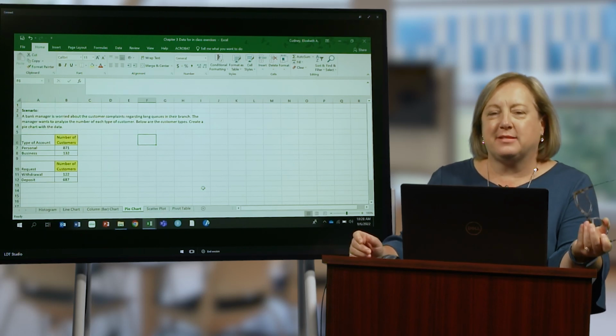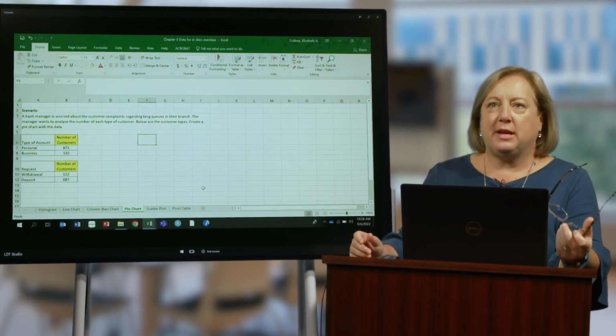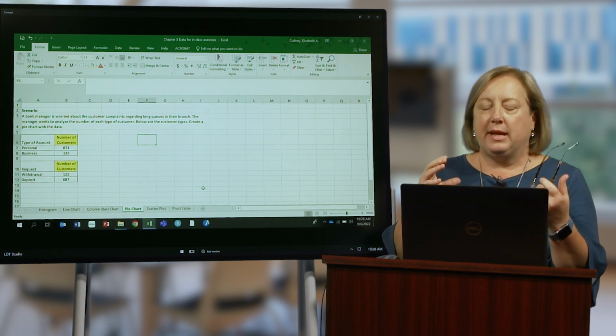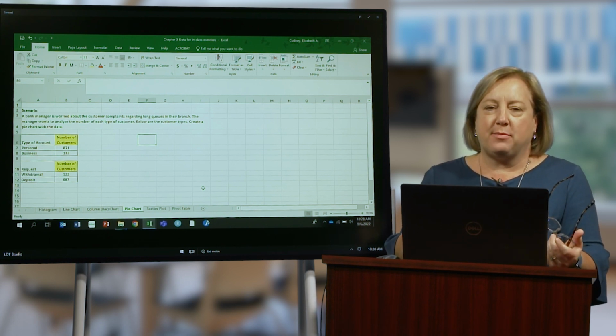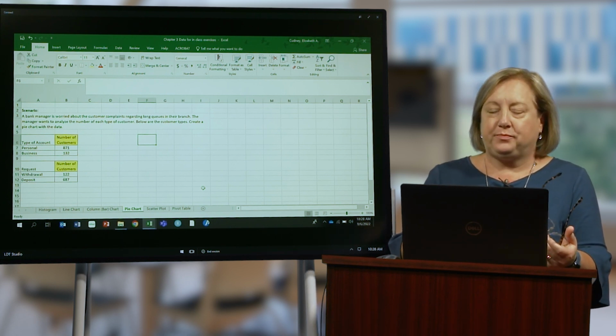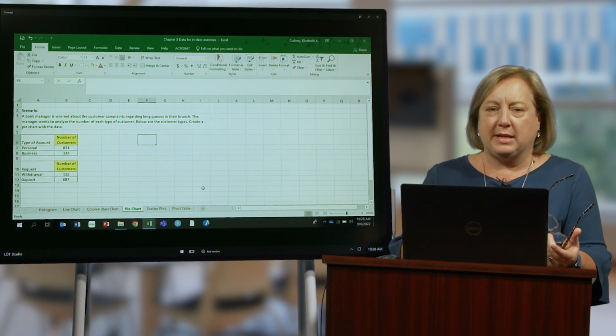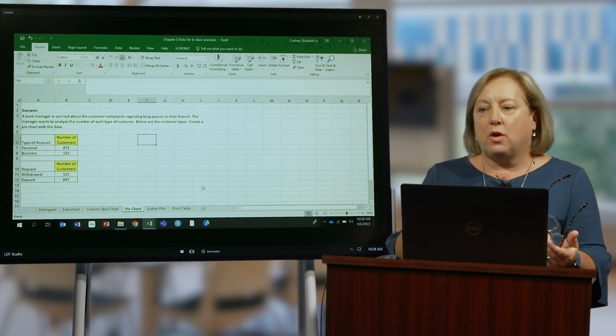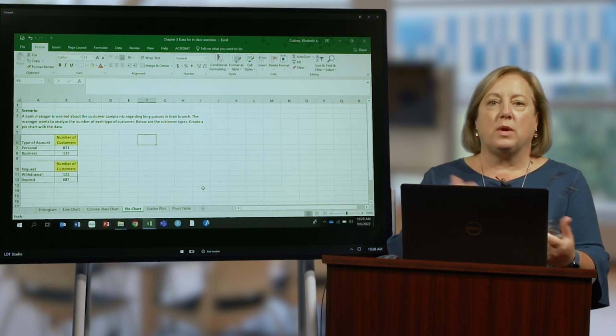The next chart we'll look at is the pie chart. The pie chart is a very simple, easy to use chart that's great at summarizing small amounts of data. We have to be careful with pie charts because oftentimes they're overused or they're used when there's way too many